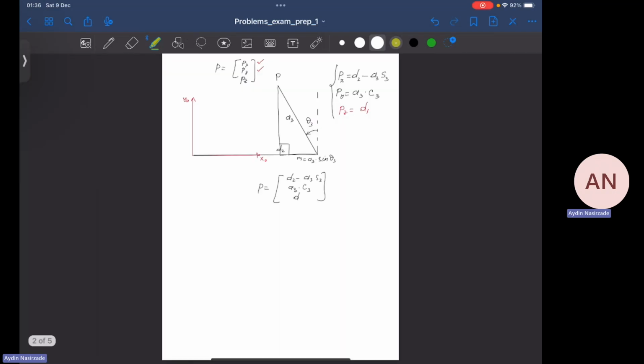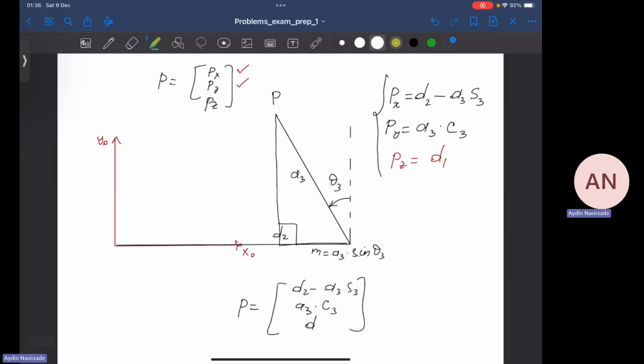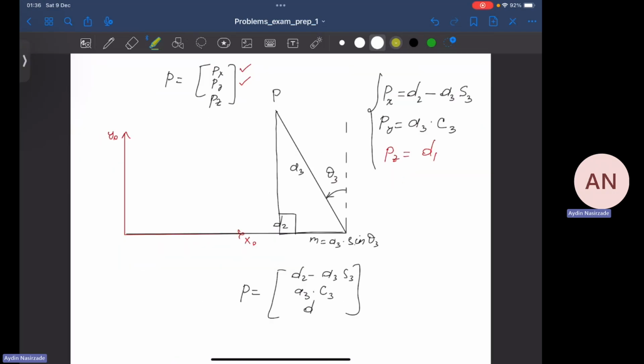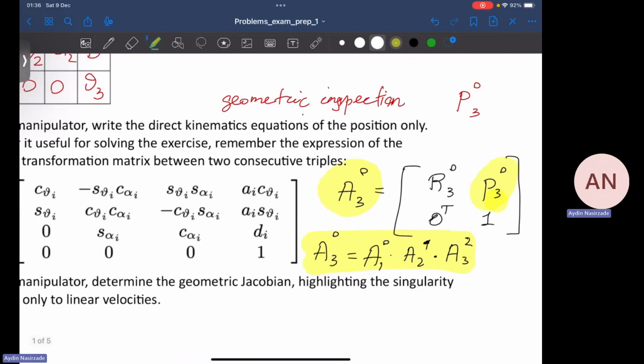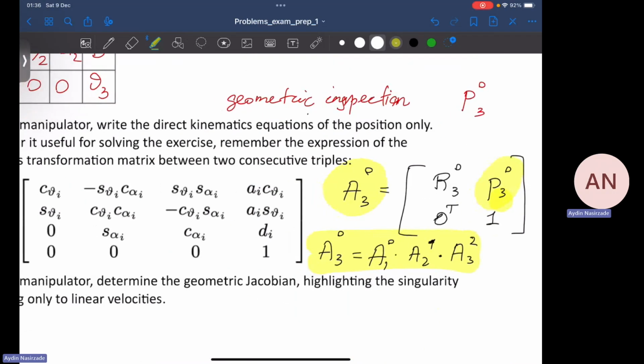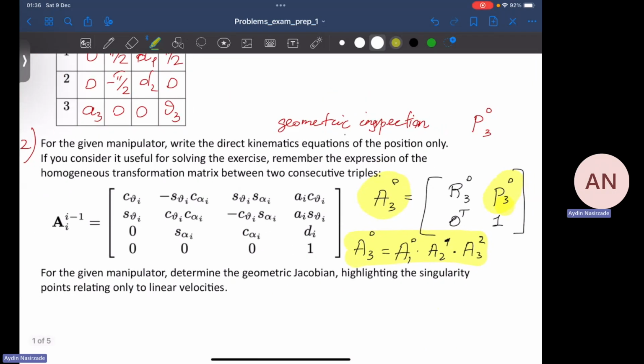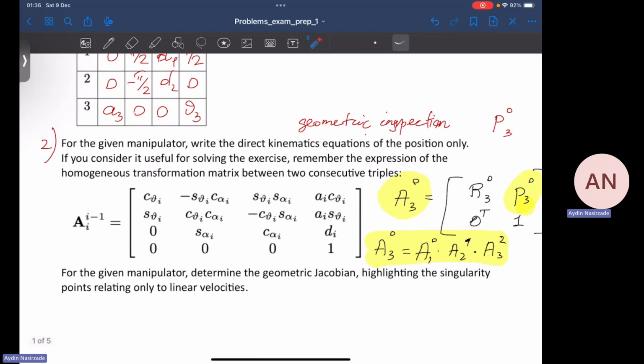So if you do not really rely on your geometry or your imagination, you can skip this part, which is geometric inspection, and use the conventional method or systematic method, okay? So no one stops you from there. And in the exam, I'm going to provide you with this equation, okay? So if you want to find